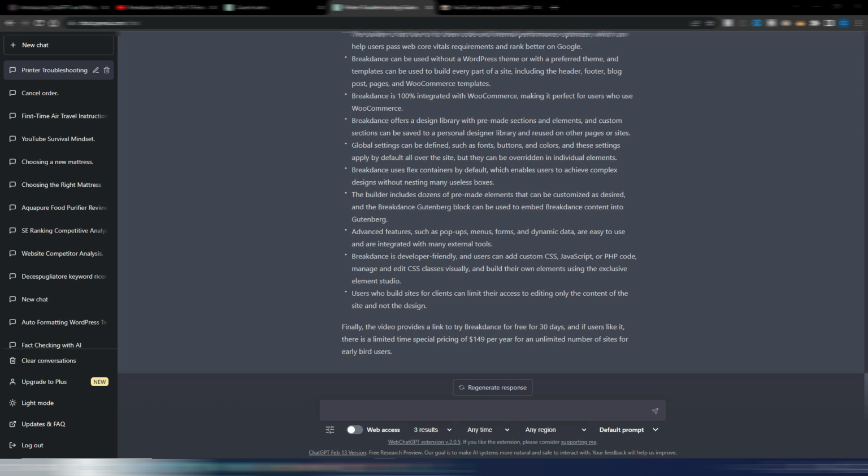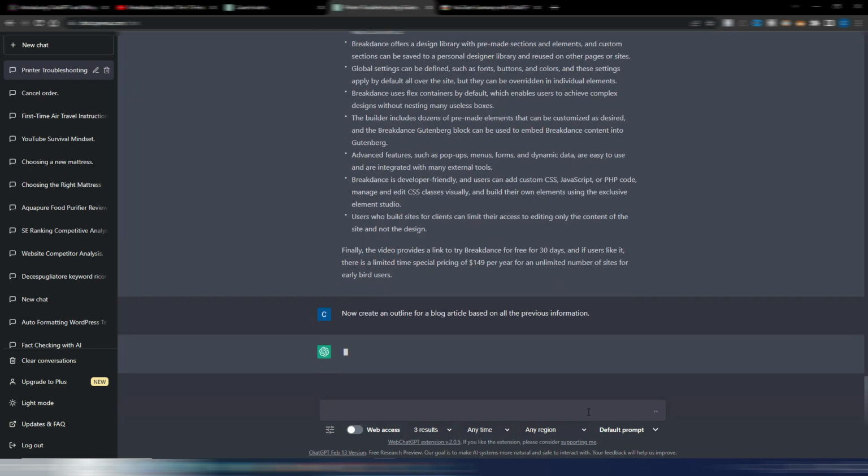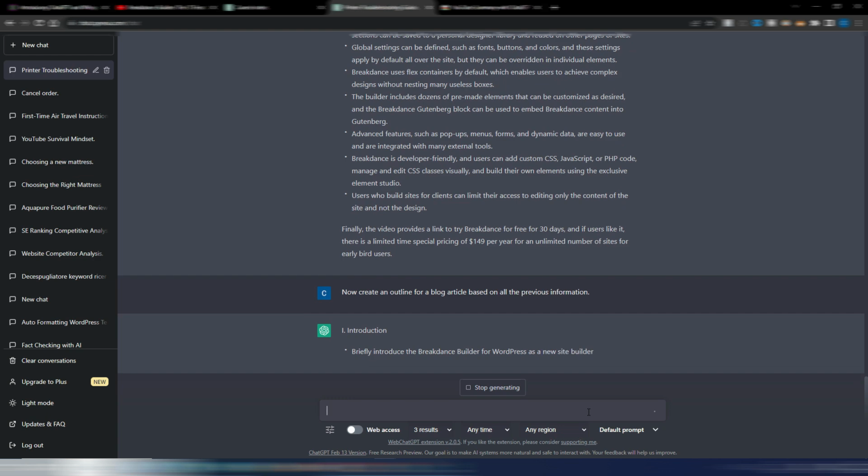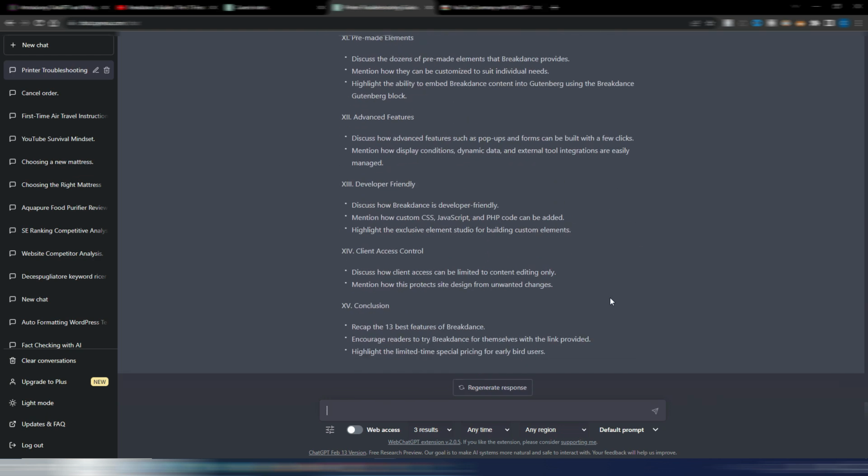generate directly your article, or you can again ask ChatGPT to generate a blog outline based on all the previous information. And ChatGPT will generate an outline even in this case. Perfect, here is my new outline, and from here I can generate my blog article. The result won't always be perfect, but it will still be a great starting point to work with, maybe even with other AI tools, Phrase, for example, again if you want to optimize the article for search engines.